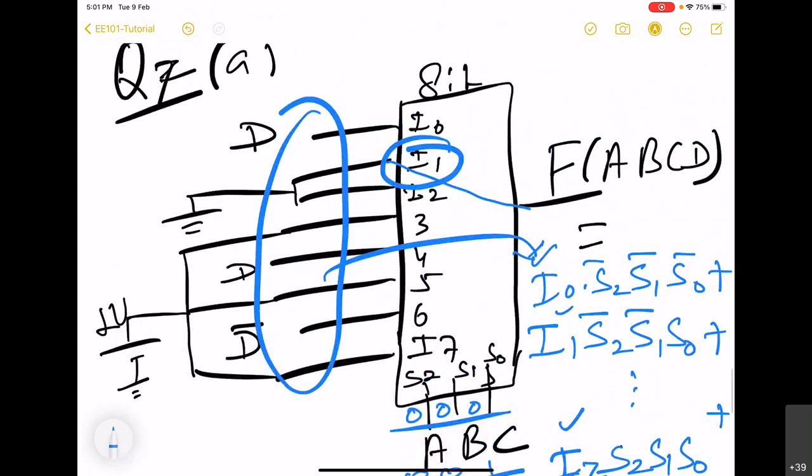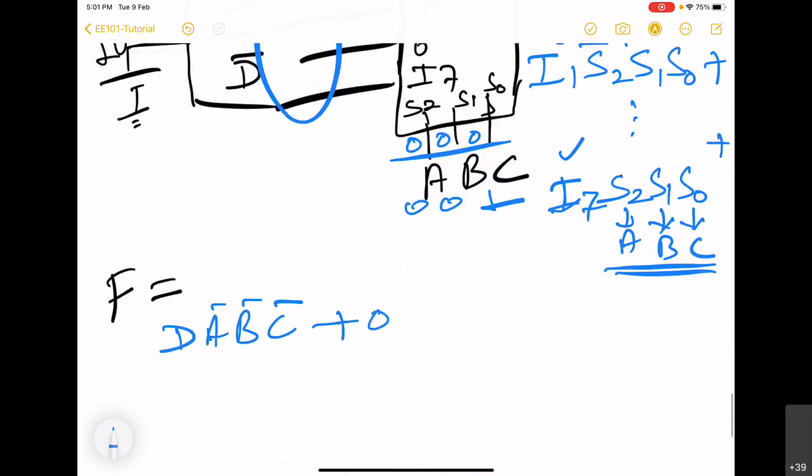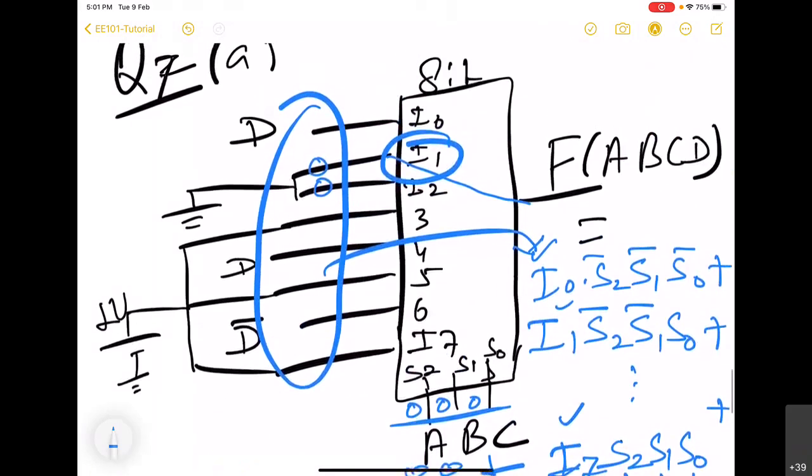For the second term, we see that I1 and I2 are 0, so there will be 0 plus 0, and then we will have I3.